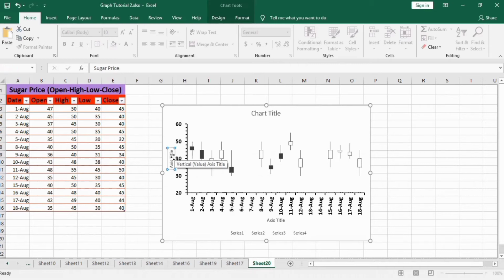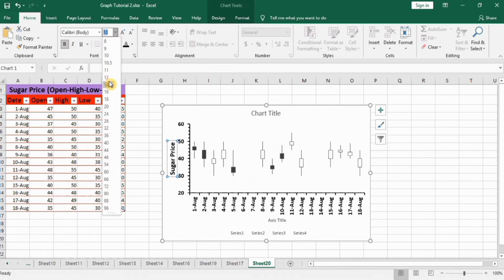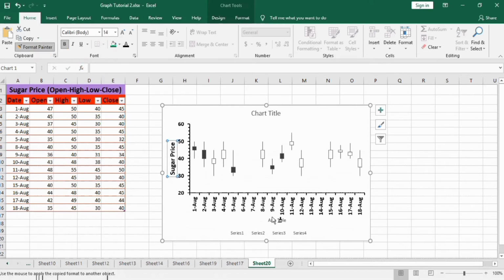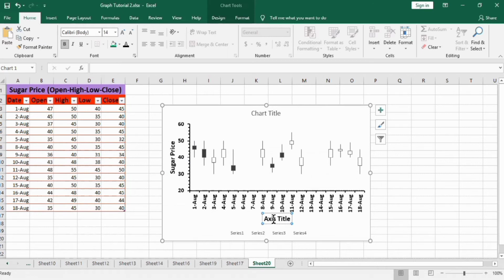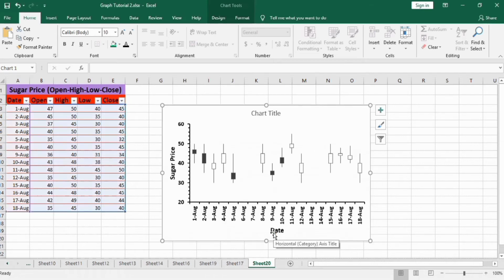Click enter, and white, bold and 14. Select the format painter option to automatically format this one, and this shows the date. Click enter. I don't want these legends, select this, press backspace.